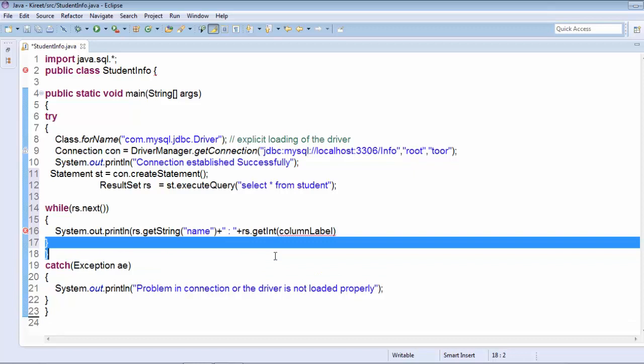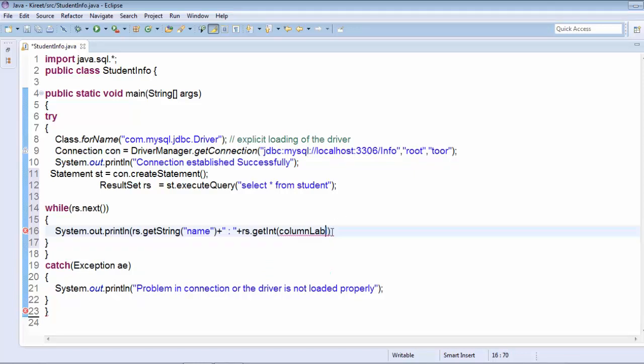The column label is age. You can write 1 or 2 also, you can write the integer index, or you can write the string as the column label.